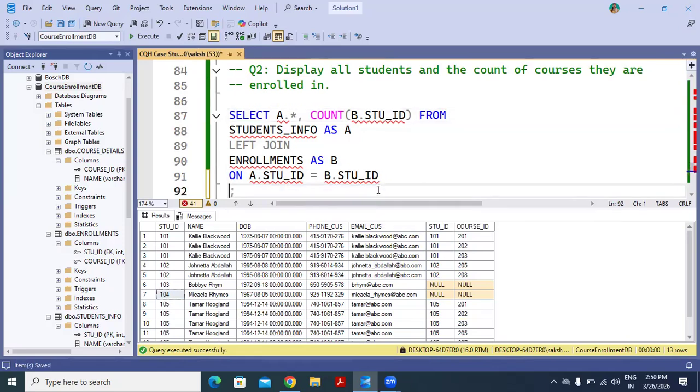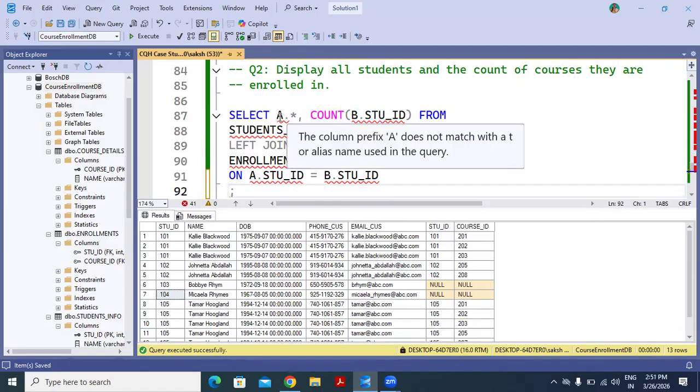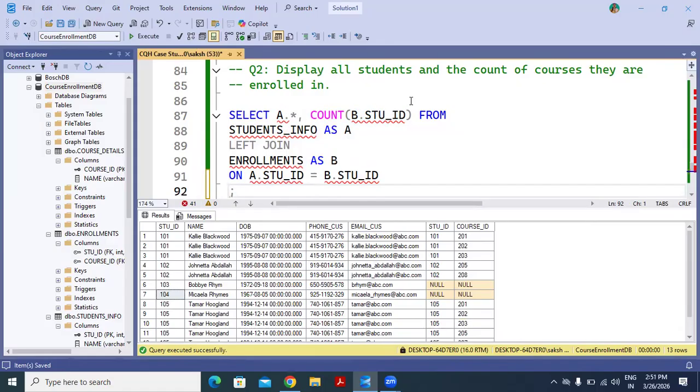Now, this is your non-aggregated columns and this is your aggregated column. So we have learned that whenever we are having non-aggregated and aggregated column in the select query, then all the non-aggregated column must be there with the group by clause. So let's write it one by one. So A dot student ID.